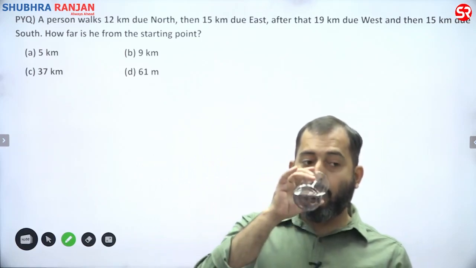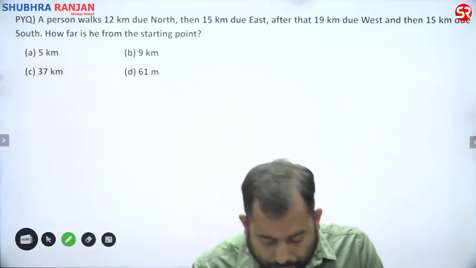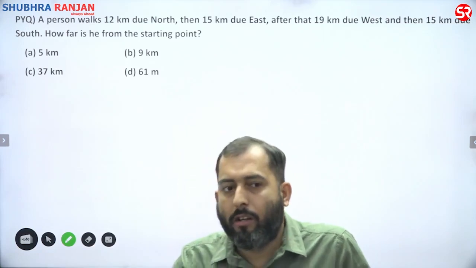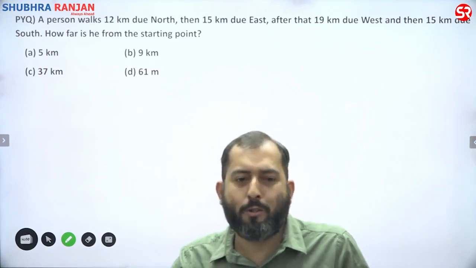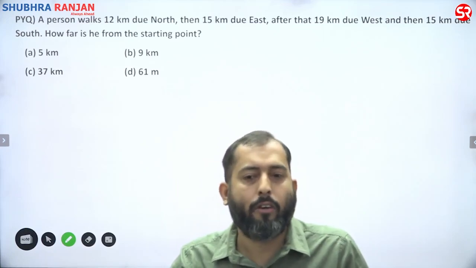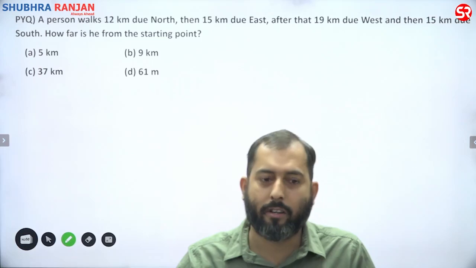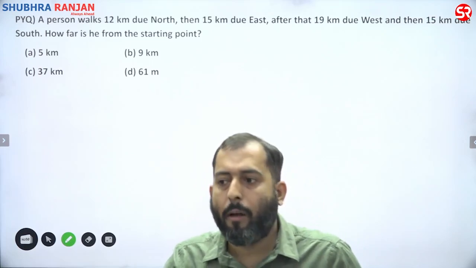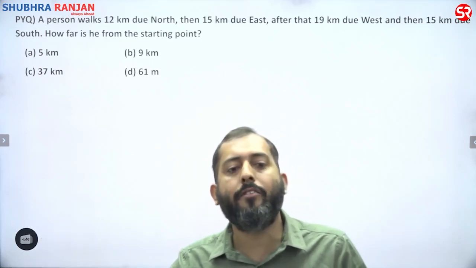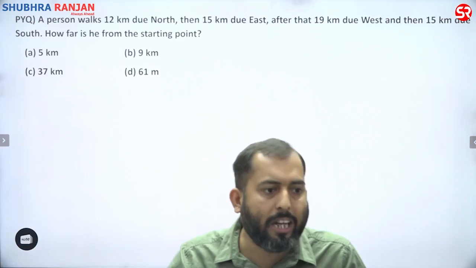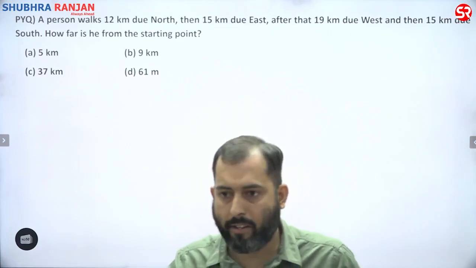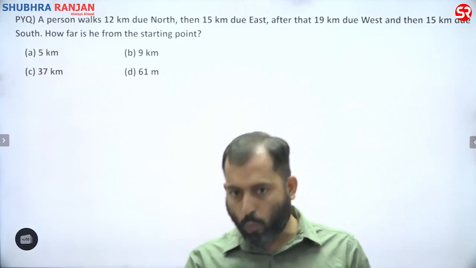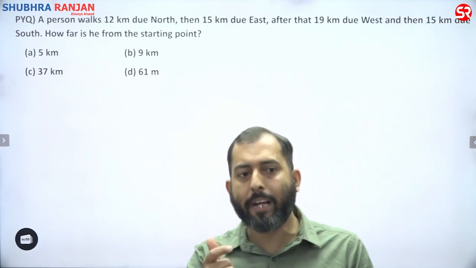Right? So my request to all of you is to draw it on paper, spend some time, because the answer will come for sure. The level of difficulty of reasoning is not that high. Till 2023 it was not that high. It might be that in the upcoming exam they will increase the difficulty level, but still